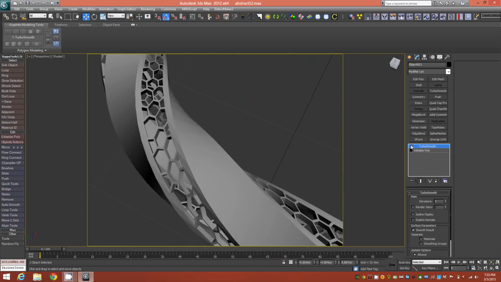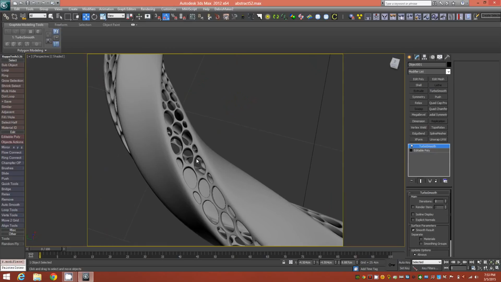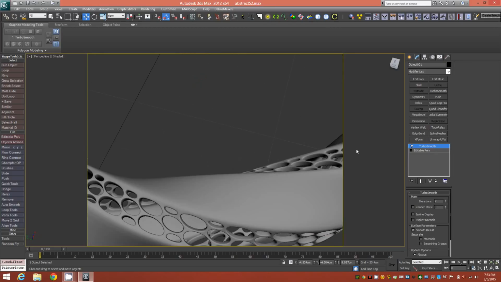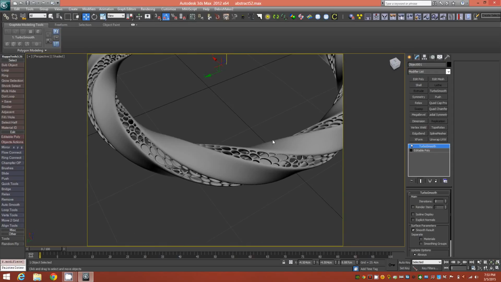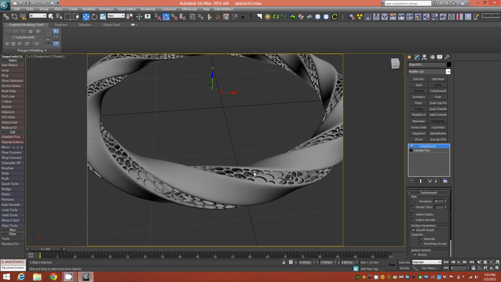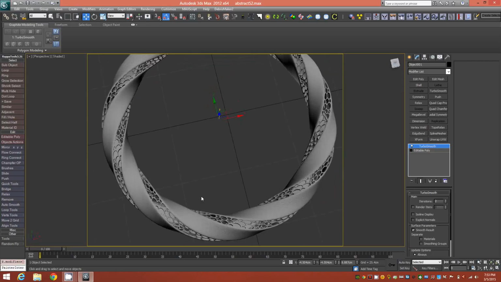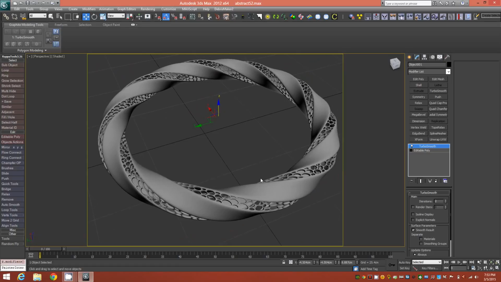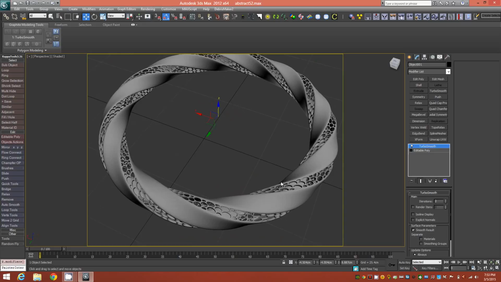Okay, but I kind of like, and we'll subdivide it twice, I kind of like that Voronoi hole structure, that organic look to it. So that's why I'm doing it that way with the turbo smooth modifier. Okay, so that's how to get this shape, and it's painless. It's fairly easy. I mean, once you get the technique down, you can do this in probably under 4 minutes easily. I mean, you can get through it very fast, and